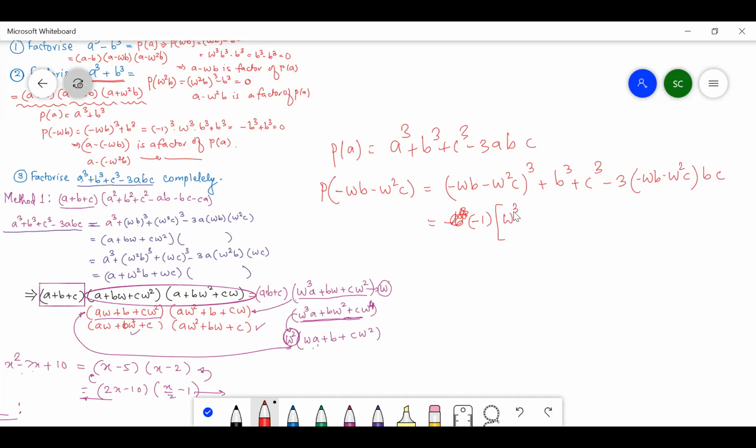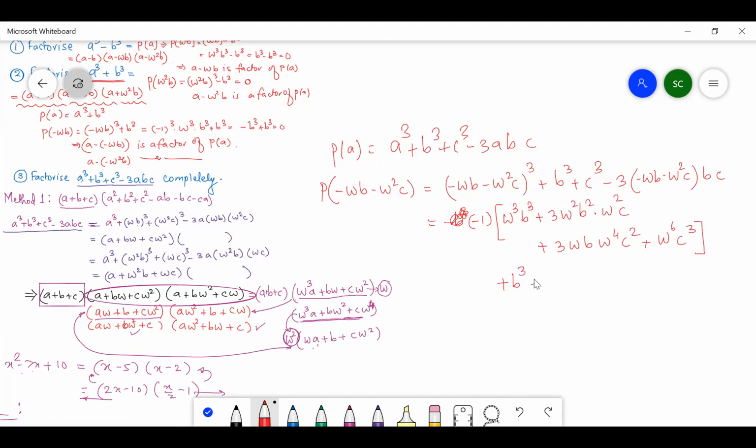So omega b cube plus 3 times omega square b square into omega square c, that is second term of cubic expansion, plus 3 times omega b omega fourth c square, that is third term of this cubic expansion, plus omega raised to 6 c cube. I am done with this expansion now,